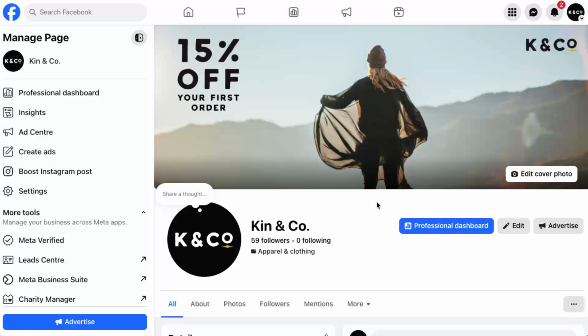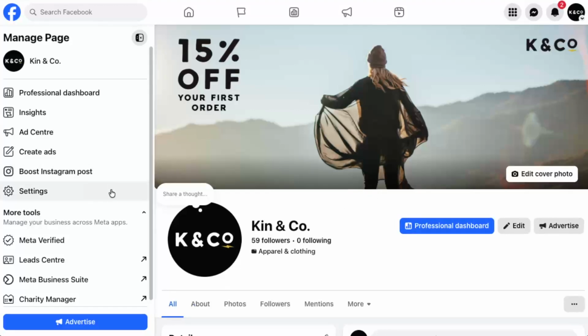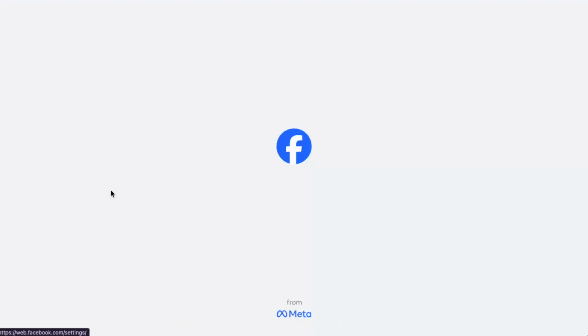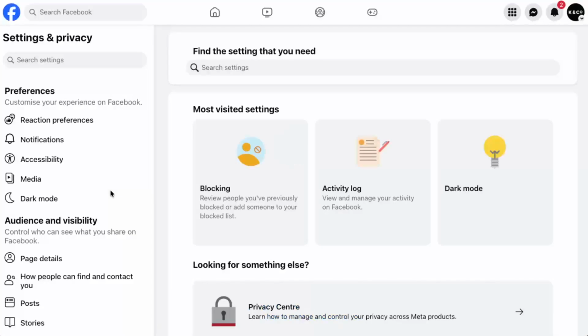for your business. Next, look for the settings option. Depending on the current layout, this may appear in the left-hand menu or under a More or Manage section near the top. You're looking for the general page settings area, not your personal profile settings. Go ahead and click on settings to open the page management dashboard. This is where Facebook keeps most of the controls for how your page appears and how people can interact with